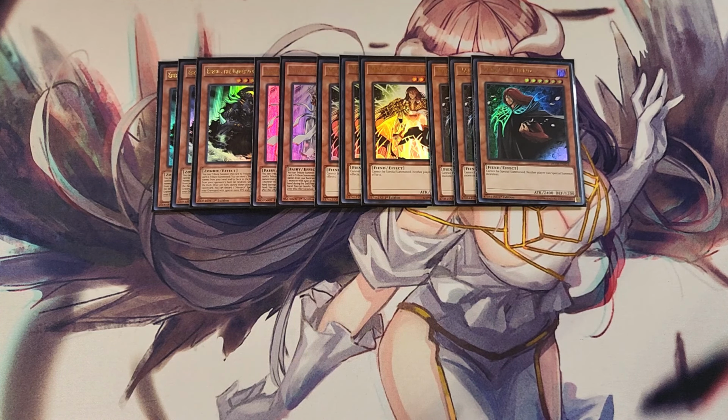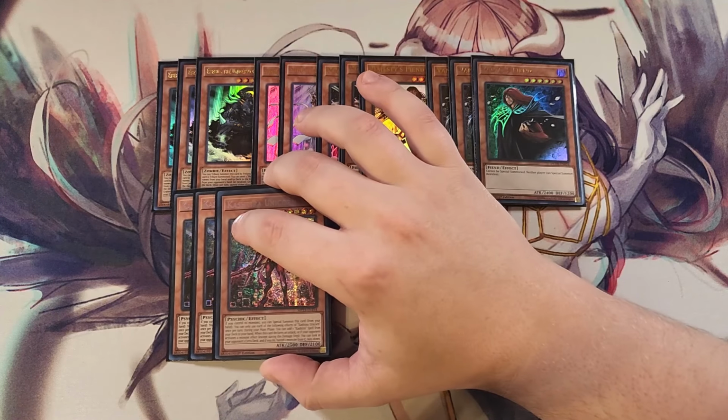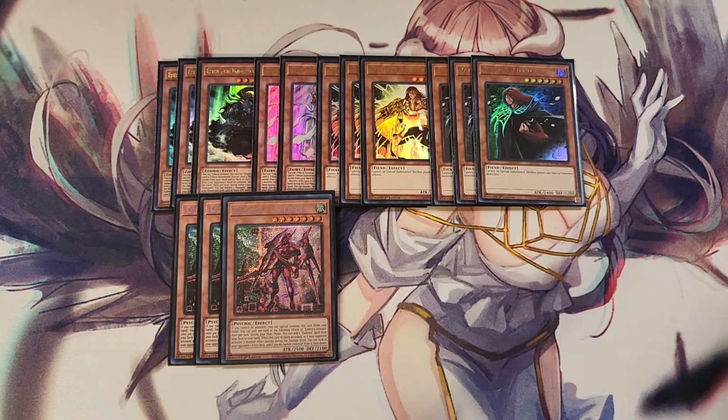But usually you want to establish a copy of Majesty's Fiend to make it so they can't activate monster effects. We then play 3 copies of Kashtira Unicorn. Kashtira Unicorn is amazing in the deck as a 3-of because this card has a crazy powerful effect: if